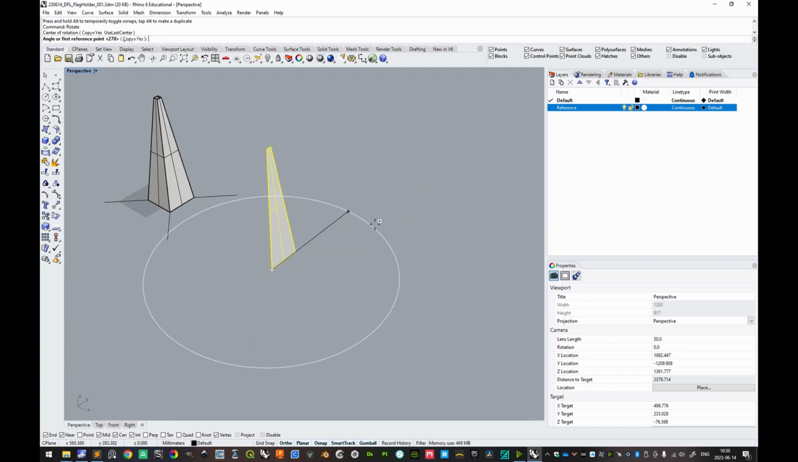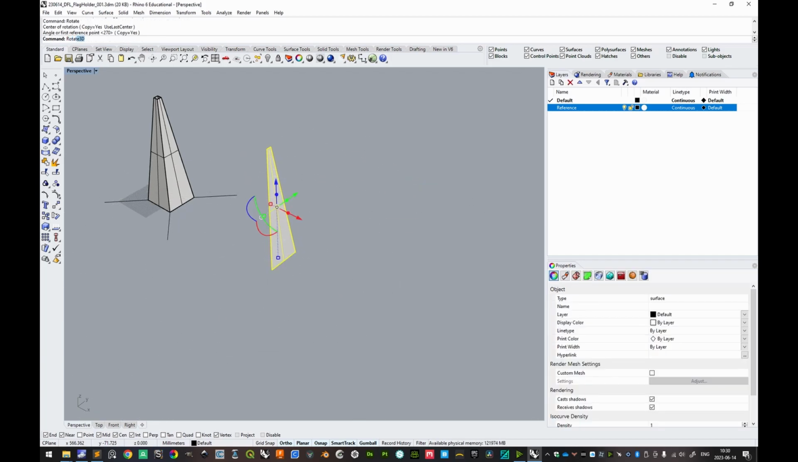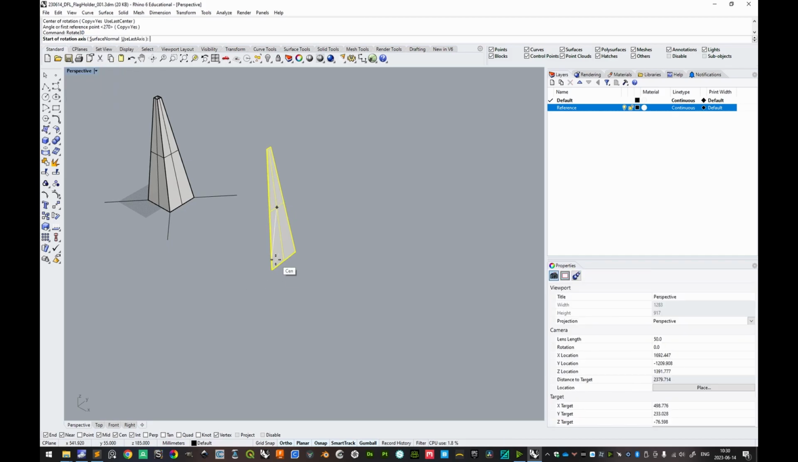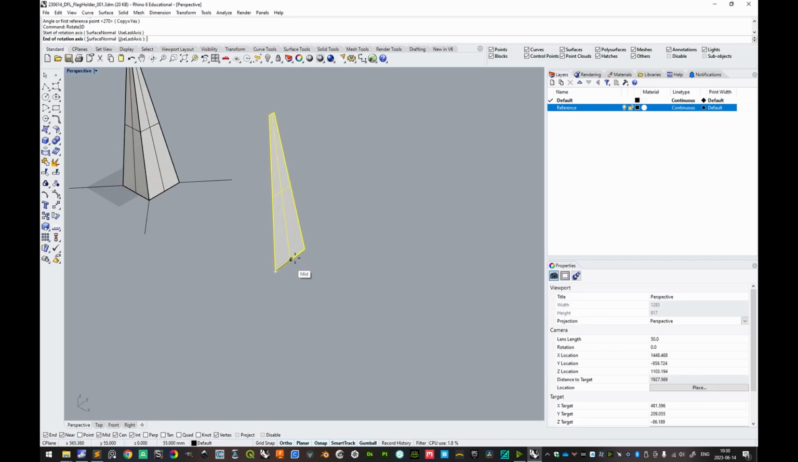So here it is along the Z-axis. If you do Rotate 3D, then you can specify your own rotational axis, and this we want to do here for the bottom edge there. And the first reference point should be the endpoint here, and then we can lay it flat as long as